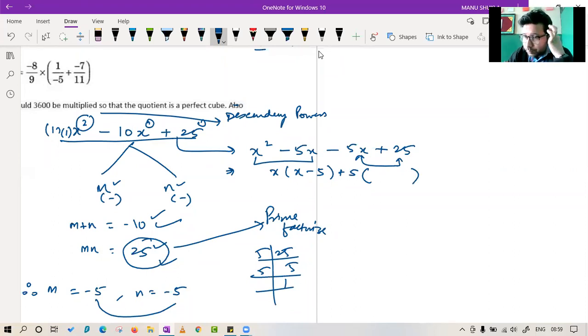Anyone? In the third and fourth term, I have taken plus 5 as common. What will come inside? Okay, one second. Who's this? Joel. Yes, beta, that is also fine. Hiteshri is saying x and 5. Rudra is quite correct. He is getting the right answer. Others, please tell what should I write in the bracket?